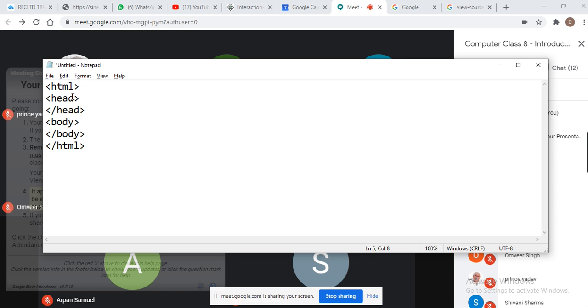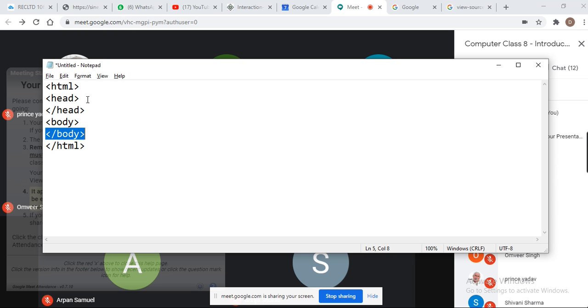So you can see here the HTML tag with the corresponding HTML tag closed, head tag with the corresponding head tag closed, body tag with the corresponding body tag closed. This is basically very simple. Hypertext markup language is very simple, and we just need to memorize some of the basic tags.